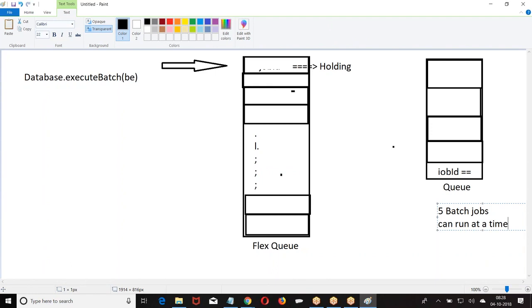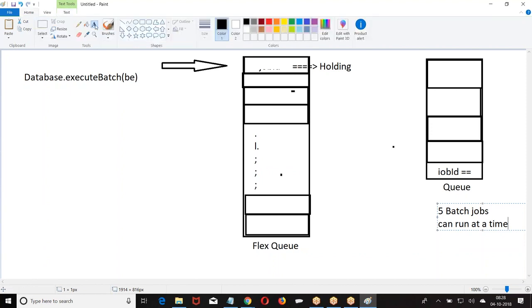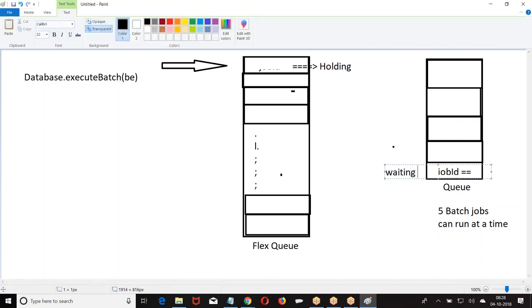So if the queue is free or the required resources are available, then from the flex queue they will be added to the queue, which will be in waiting state. First they are added to the flex queue where the state is holding. Once the resource is available, they will move to the queue which is in waiting stage. Then if the job starts executing, the start method is called, then it is the preparing state. Then running state, completed state or error state.